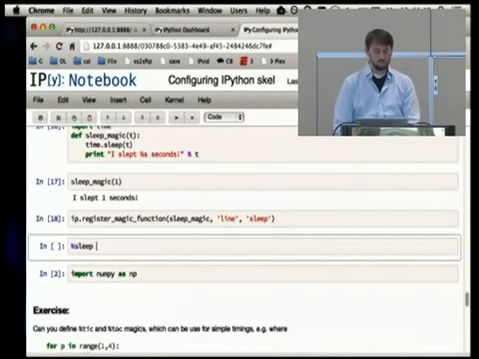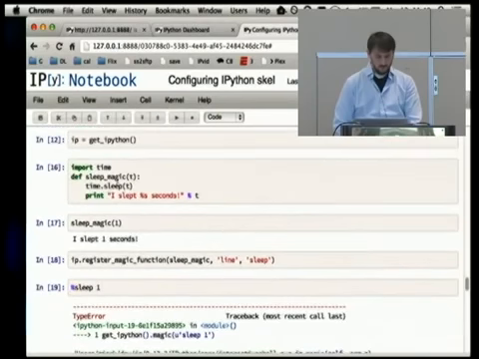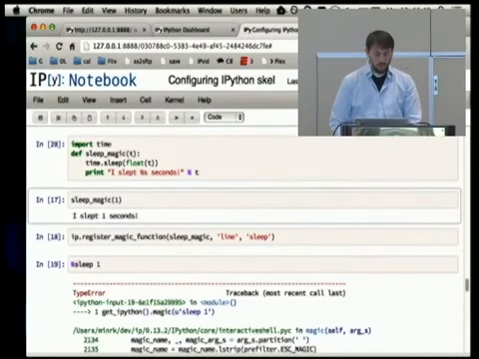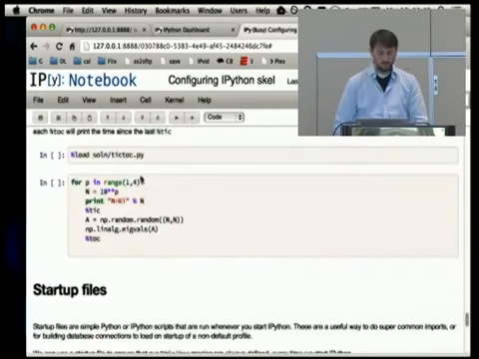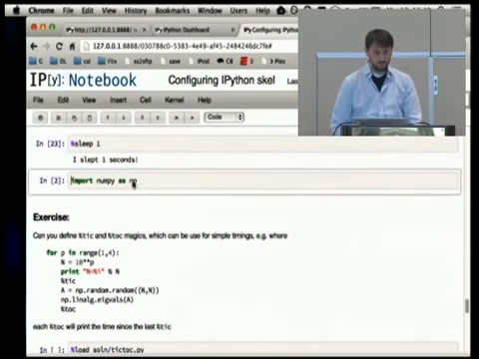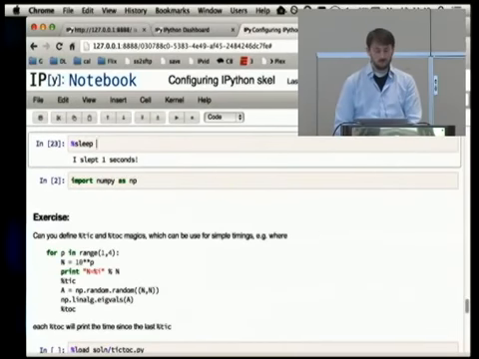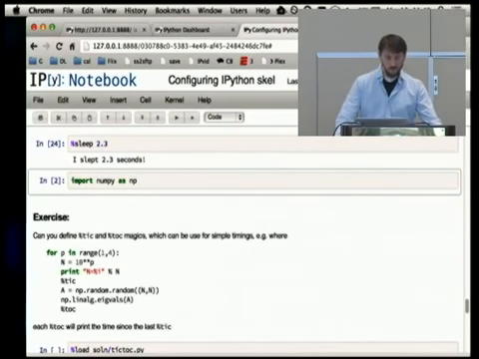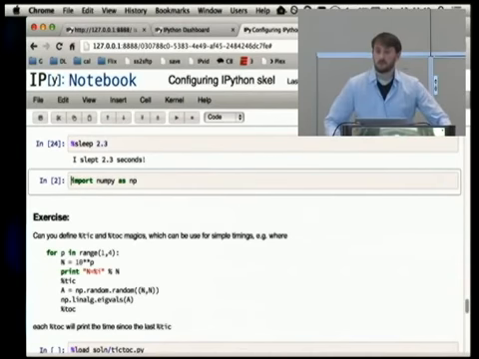Now I can, oops, sorry. So now with the magic, I can call sleep. So as an exercise, yes, with the line magic, the argument is just the rest of the line as a string. And with a cell magic,